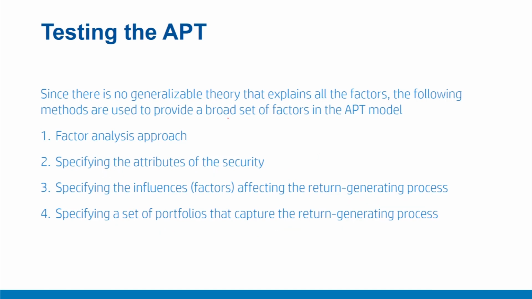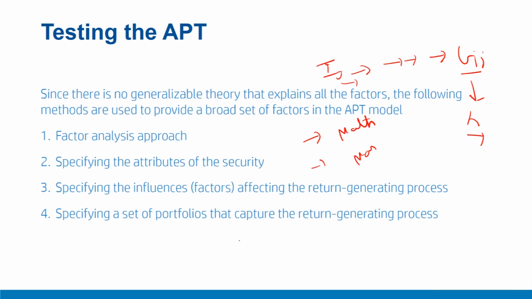To summarize, in this video, we discussed that in order to test the APT, we need to identify IJs. Since APT does not offer any economic rationale or generalizable theory to obtain these IJs, one needs to rely on some kind of mathematical procedure or a priori defined factors such as market or industry specific factors. Once these IJs are specified, using the multi-index return generating process, we identify Bijs, the sensitivity of securities to these IJs. Once we have these Bijs, we identify lambda j's, that are the risk premia